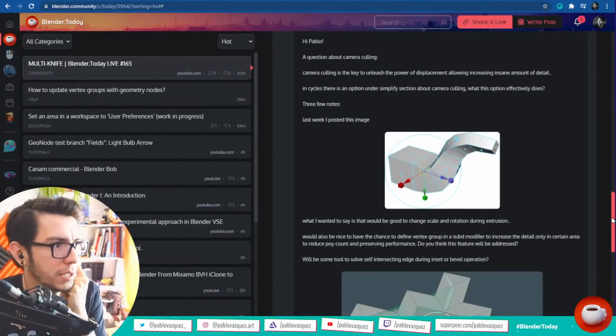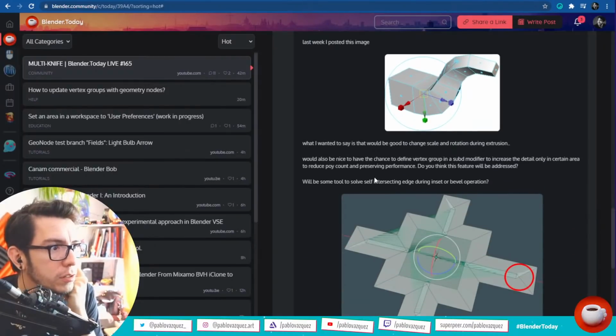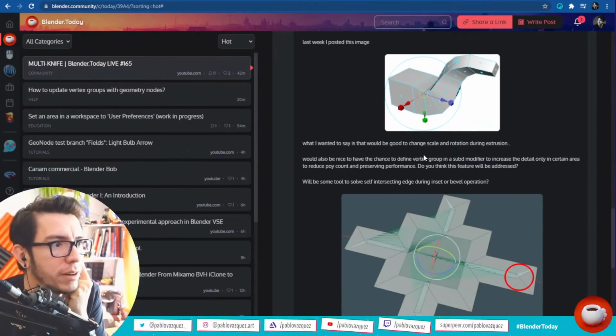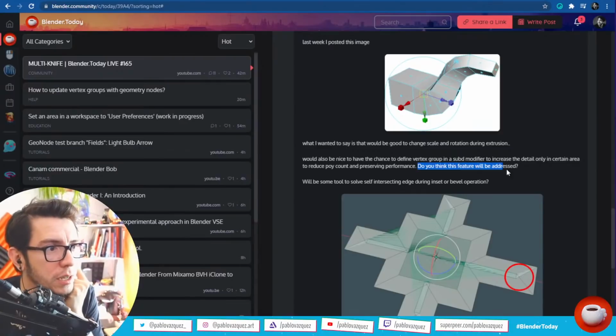A few notes. Okay, first one: last week I posted this image and I also wanted to say it would be good to change scale and rotation during extrusion. Would also be nice to have the chance to define the vertex group in a subdivision modifier to increase the detail only in a certain area to reduce poly count and preserve performance. Do you think this feature will be addressed?